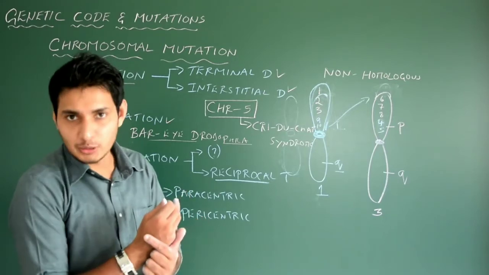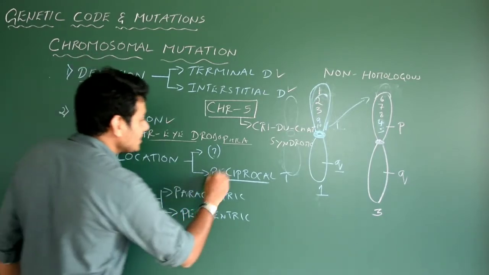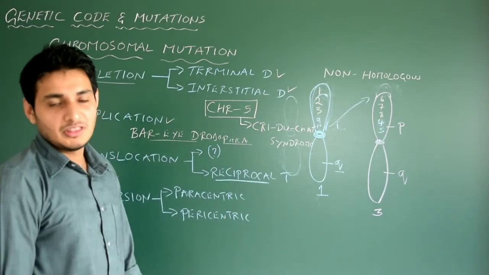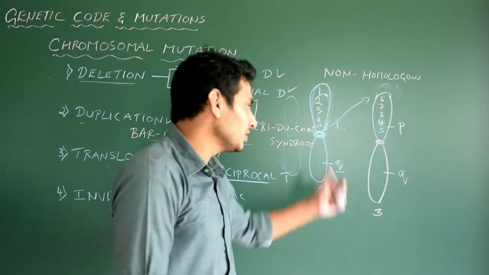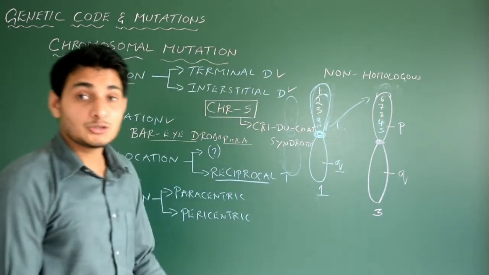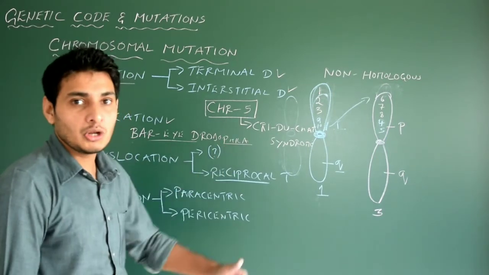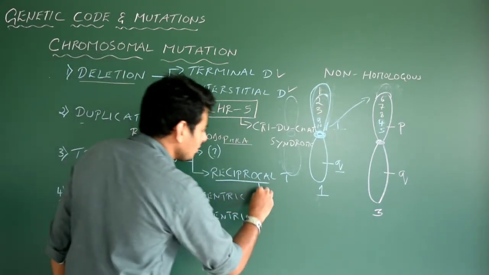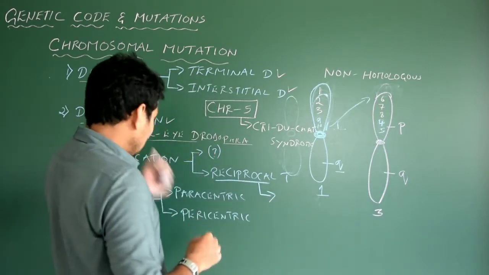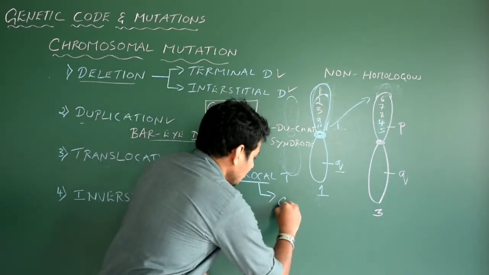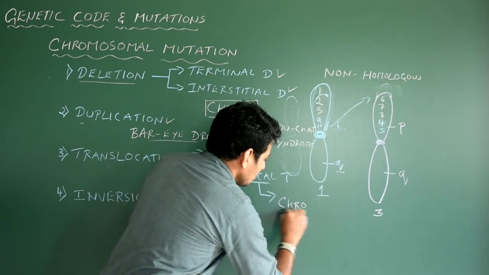Okay, the sharing is equal here. That is called reciprocal translocation: the mixing up of the chromatid between two non-homologous chromosomes. Actually, it should take place between two homologous chromosomes, but here it is between two non-homologous chromosomes. A very good example for reciprocal translocation is, let me write one disease, a cancer, chronic